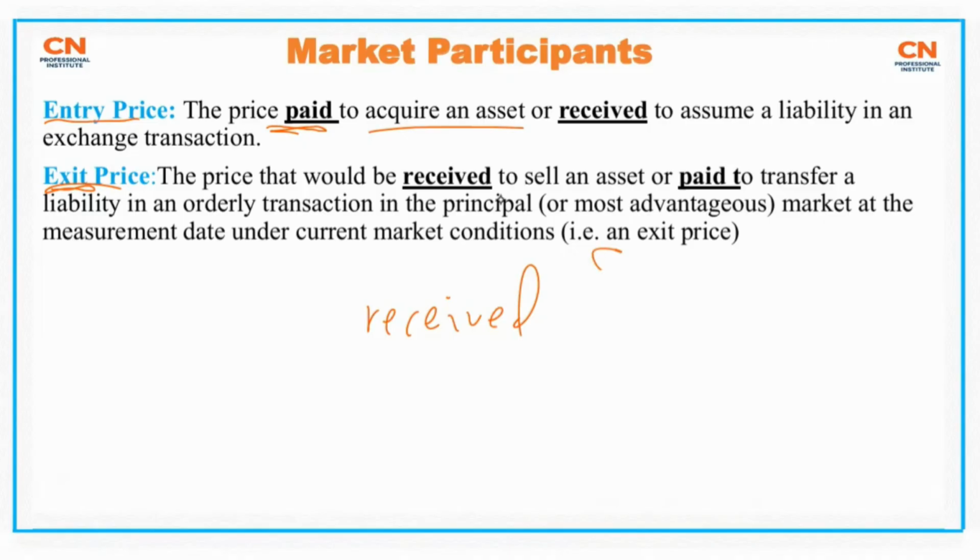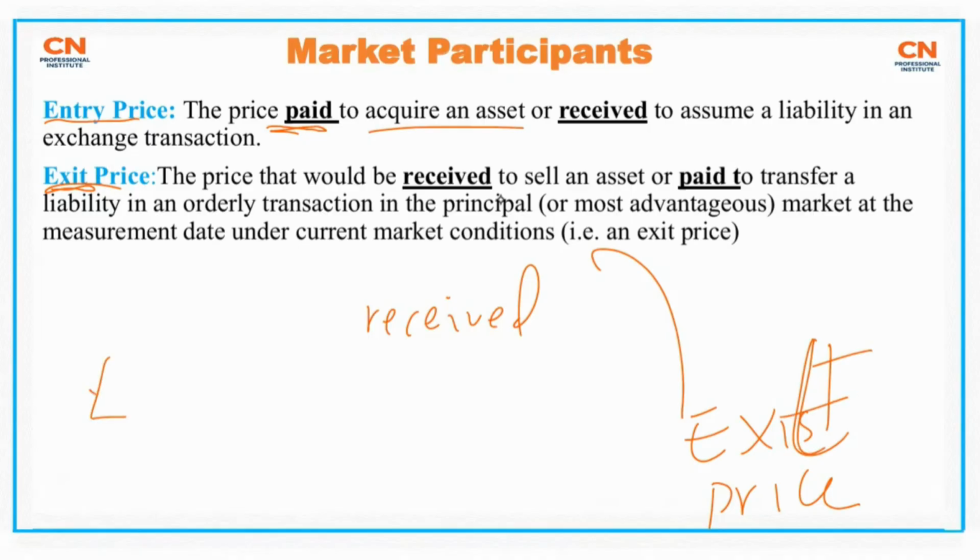And you realize that IFRS 13 uses what? Exit price. Don't forget. Why did I write that? I wrote exit, don't mind me, okay? It's exit price. Now, why is IFRS 13 using exit price?